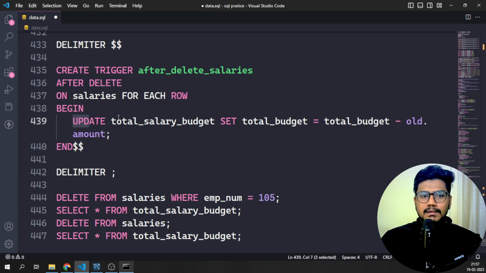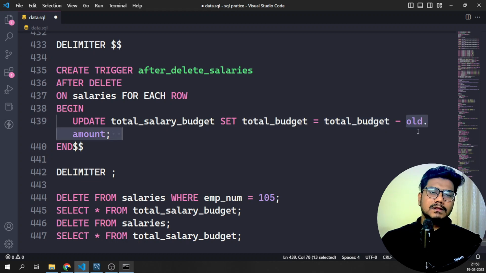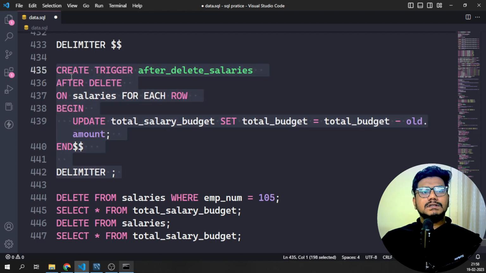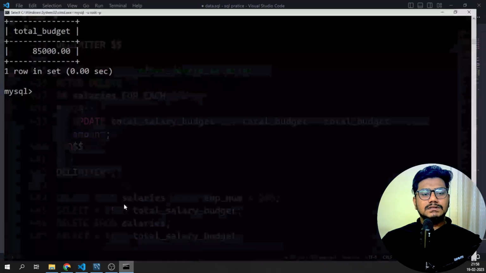Update, I'm going to update the total salary budget, set the total salary budget equal to, I want to see what the total budget currently is, then I want to subtract the old dot amount, whatever the old value was, and update it with the total budget which is present. Okay, so that is what we are going to apply, delimiter. Now if I just copy this trigger,